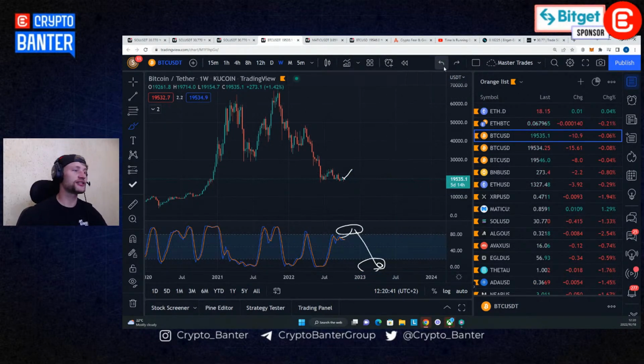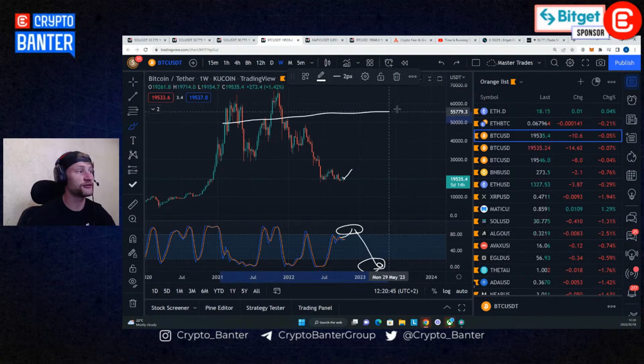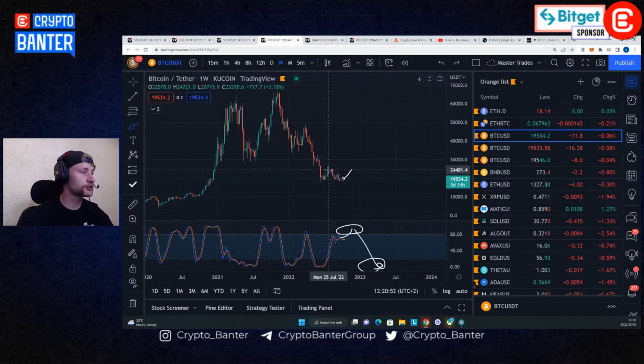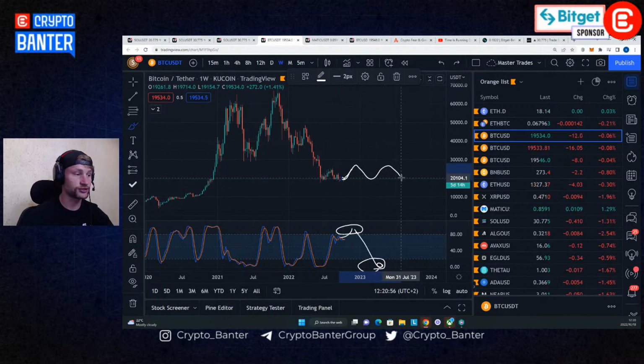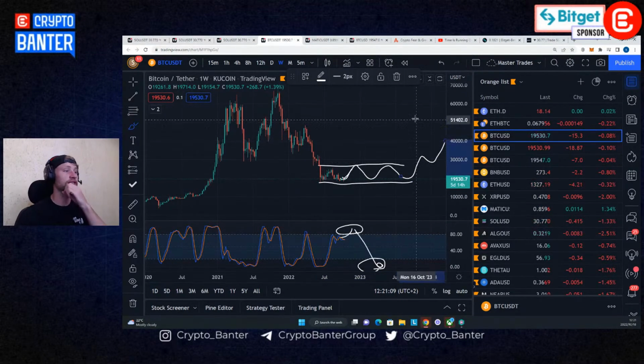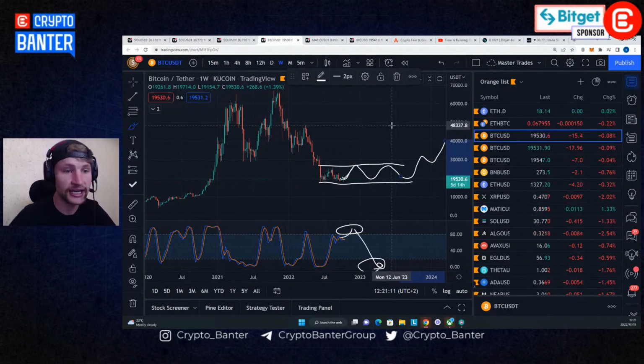And I'm probably thinking 2024 is probably the region where we start testing the higher ranges again, which is anywhere in these price zones over there. I don't think we get there just yet. It feels like where Bitcoin is now, I think it needs to actually accumulate. I think it needs to do this the whole of next year. I think that's what makes sense, where we just range between 30K and like 15K or 16K for the whole year. And then after that, we can start looking at 2024, start getting back to the higher ranges,